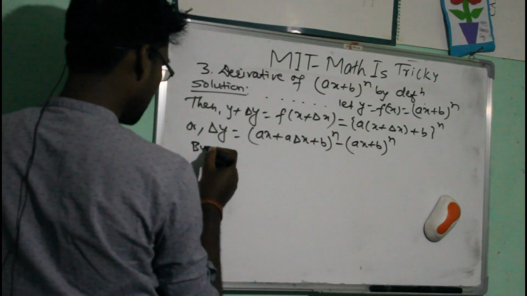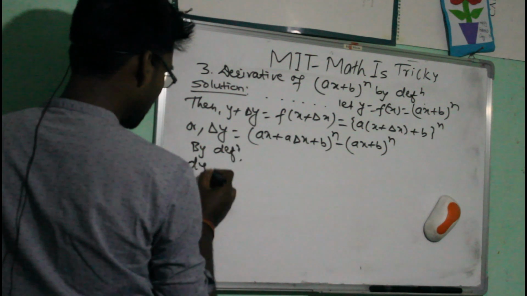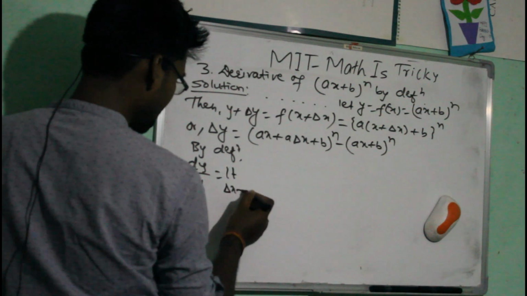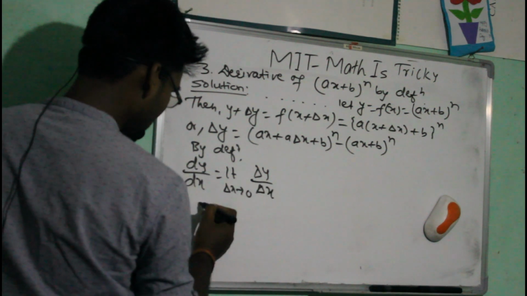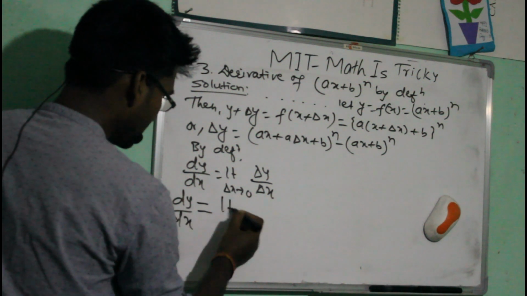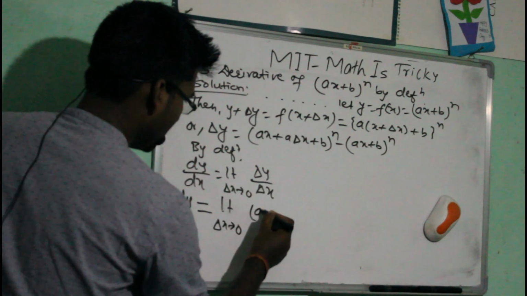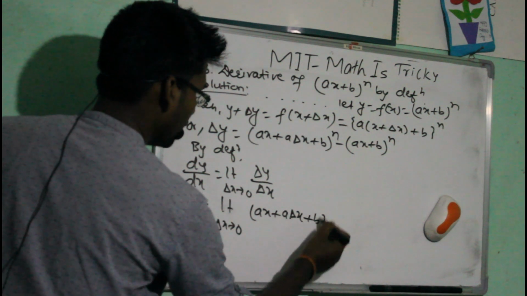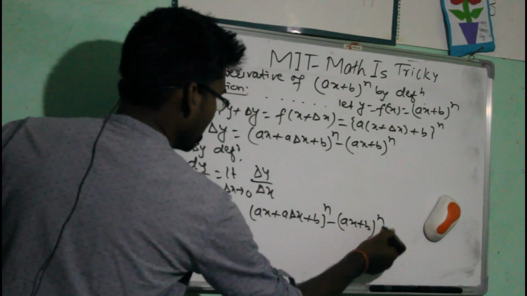By definition, we have dy by dx equals limit delta x tends to 0 of delta y by delta x. That can be written as dy by dx equals limit delta x tends to 0, and it gives (a x plus a delta x plus b) whole power n minus (a x plus b) whole power n